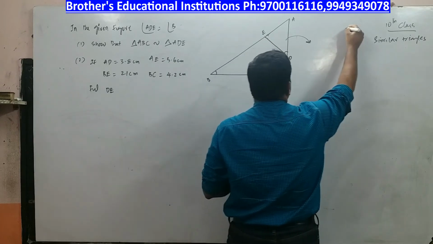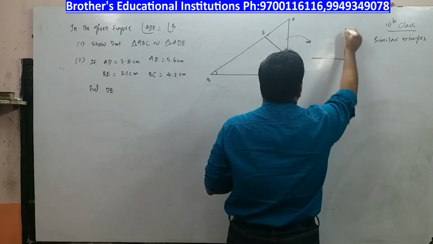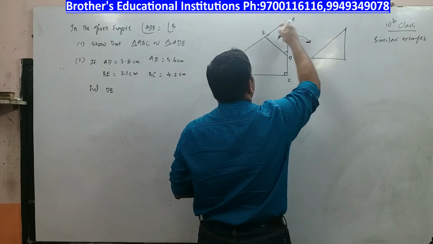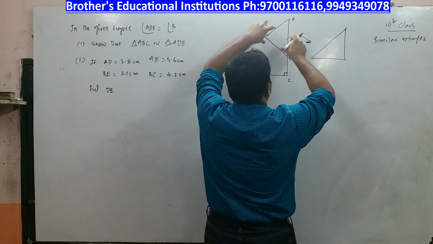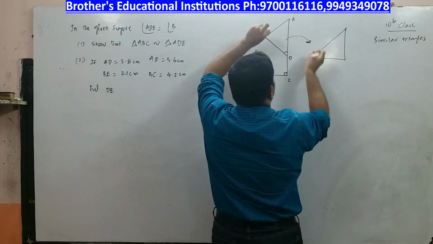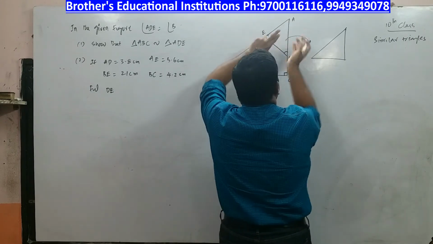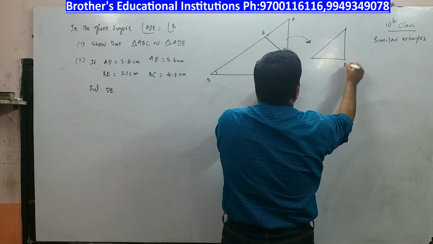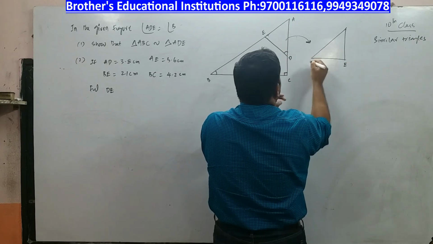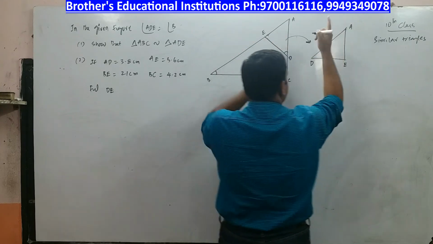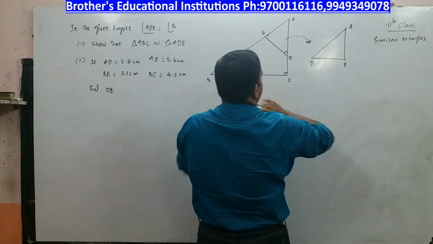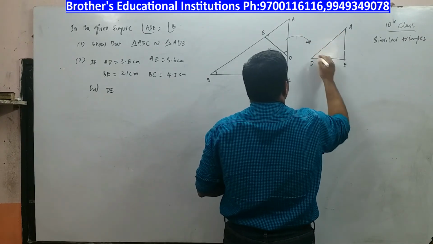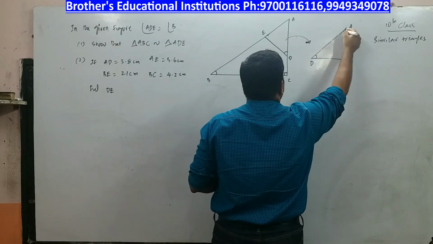Now what I'll do, I'll draw a similar triangle to triangle ABC, or this triangle I'll flip. What I'm going to do is flip this way, keeping A, I am going to turn this. So when I turn this, E will come here, D will come here, A is as it is. See the movement. I flip the triangle and draw the dotted triangle, and this is angle D. Now this is angle E.